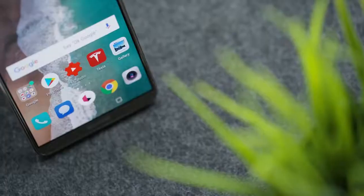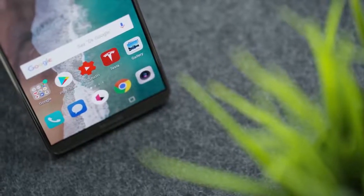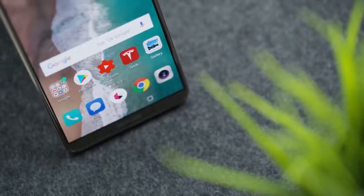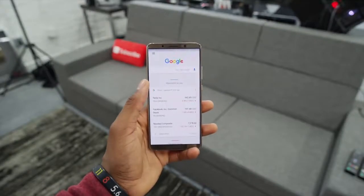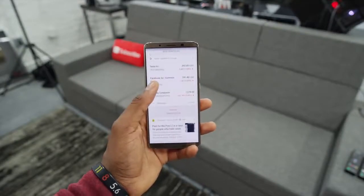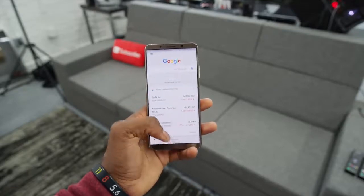Also really, really good standby time, which may of course be in part due to the really aggressive closing of background apps, but again, battery life is killer on this thing. And then the display up front, in case you haven't already noticed, is also pretty nice. It's a 6-inch OLED display, so pretty big. I'm a big phone person, so I like that obviously. But even with the display this big, it keeps the bezels pretty small at the top and the bottom, and